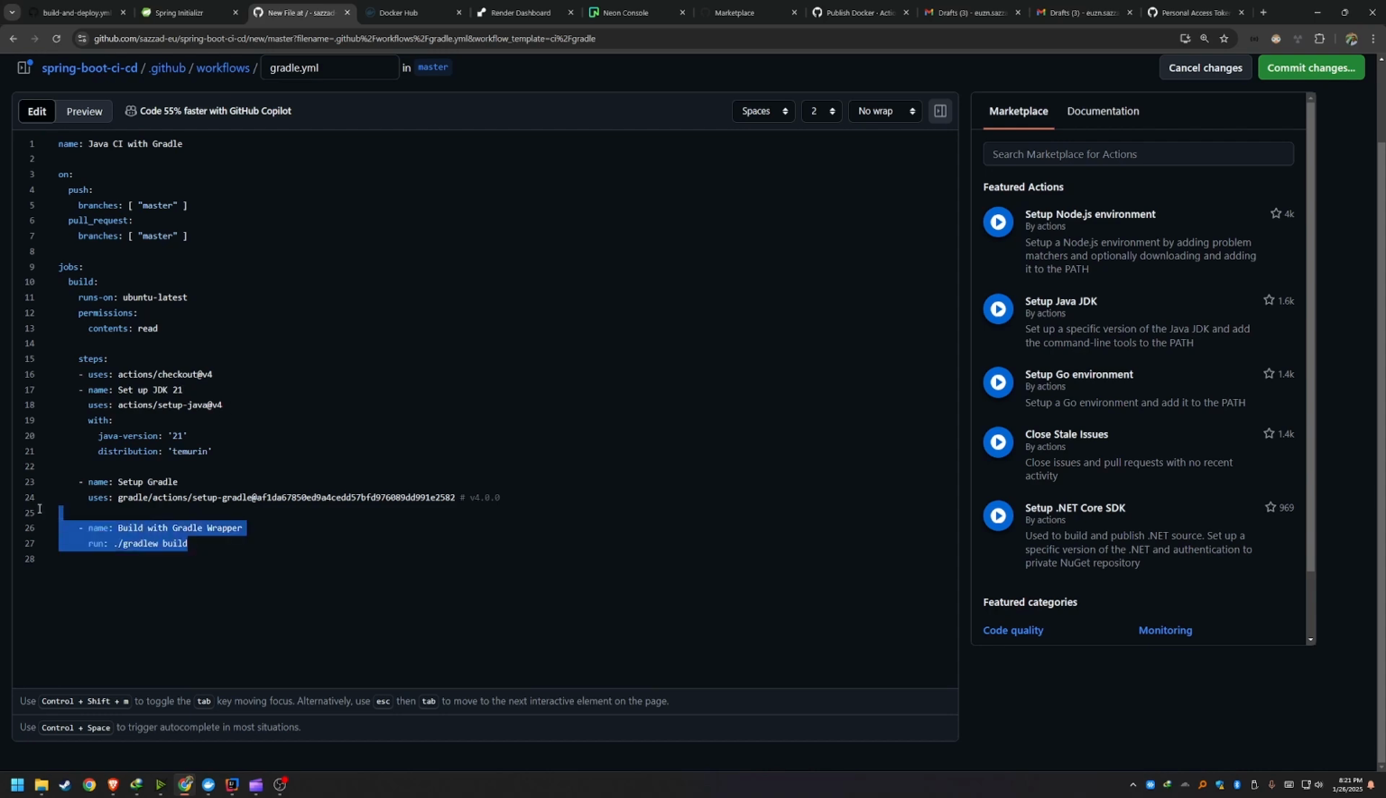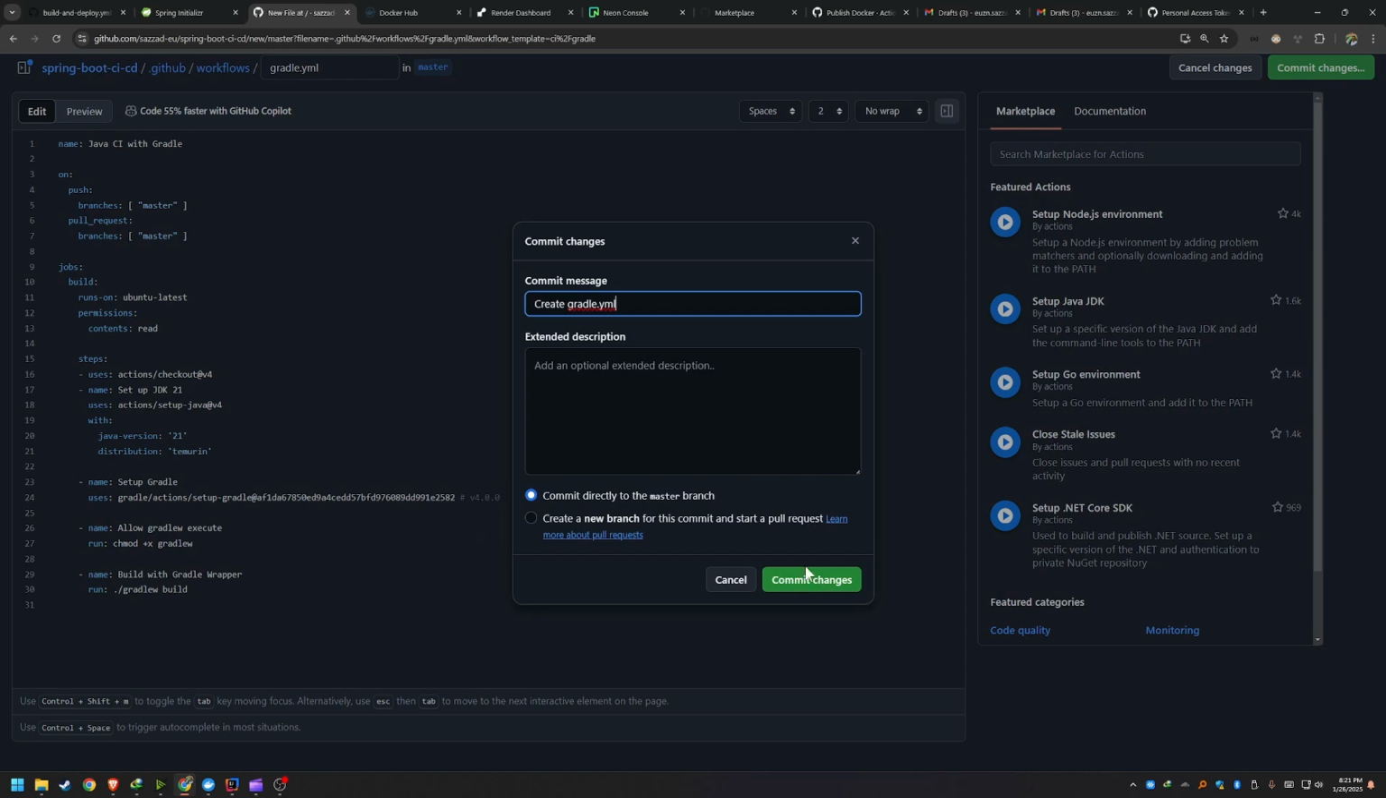Finally, we are gonna add a line to allow execute permission to Gradle. It's very simple. Just have to type chmod plus x gradlew, and that's it. Commit the changes,